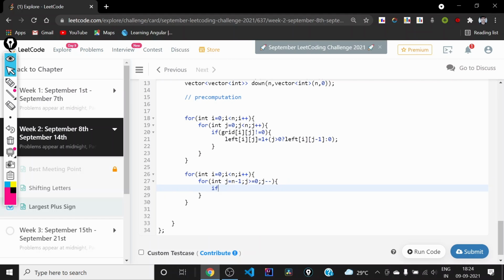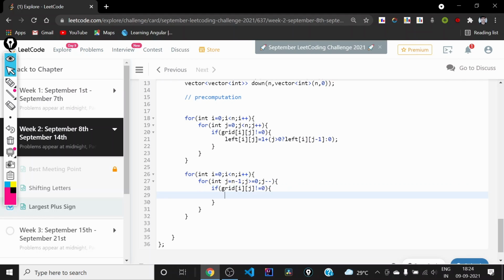Now we again need to do the same thing. We'll first check whether the grid i comma j is 0 or not. If it is not 0, then the right of i comma j will be 1 more than the right of i comma j plus 1.